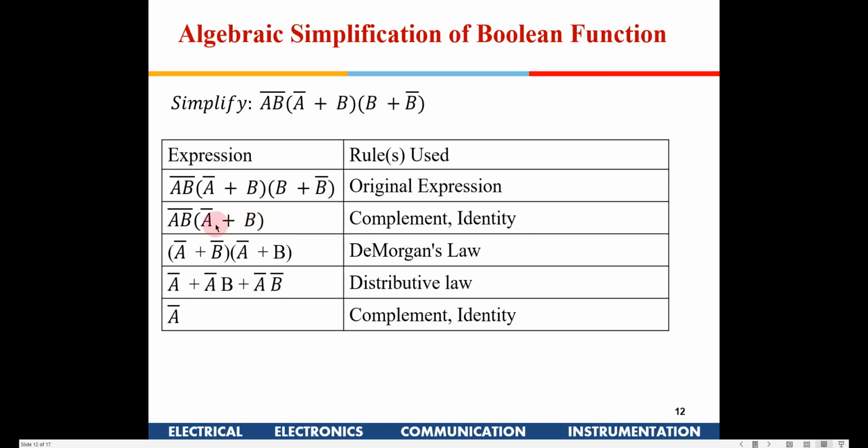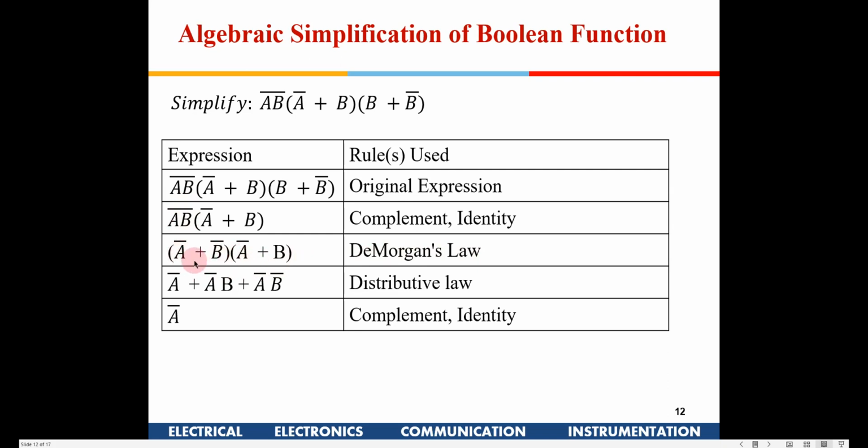Is it okay, Saksham? How did we reach this from here? We are just writing B plus B bar as 1. This is an AND, so that we have eliminated. Now you have this, two expressions out here. This is AB, a whole bar. This is a NAND gate, right? So now I can use De Morgan's law and write it as A bar and B bar. So this is De Morgan's law. So I have written it as A bar.